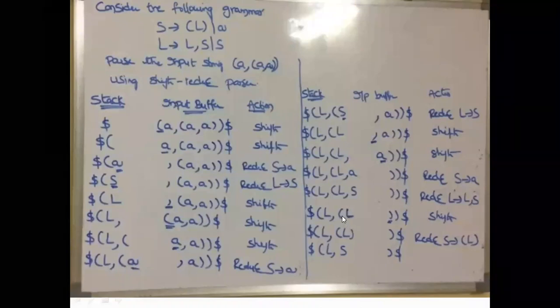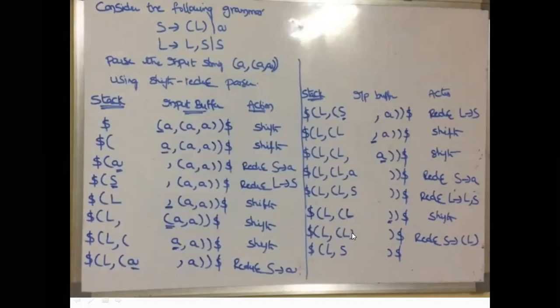Then is there any production in the right hand side with open brace L? No production. Is there any production in the right hand side with L? There is no production. Then we are performing the shift action. So we are pushing closed brace onto the stack. Is there any production with closed brace? There is no production. And we are considering L and closed brace, no production. And we are considering open brace, L, closed brace.